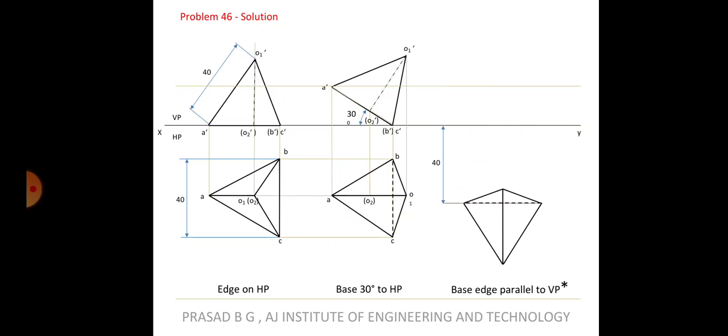See, the drawing should be coming like this. Got it? 40 mm away. So if you keep it anywhere up also, above or below, the shape of the sketch will not change for the front view. Anywhere if you keep it, it comes the same. But just because they have mentioned this data in the question, you will have to keep it at a distance of 40 mm. So you are rotating the entire object by 90 degrees, making it parallel to VP and also maintaining a distance of 40 mm from XY line.